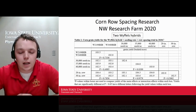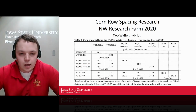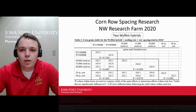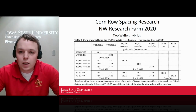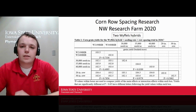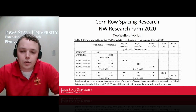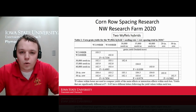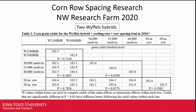Today, I'm going to talk about a bunch of the row spacing trials that we do at the research farm. These trials were started 5 or 6 years ago. We want to give thanks to Kinsey along with Pioneer and DeKalb for donating seed for this trial. Kinsey was able to donate row units to put on an old John Deere 7000 toolbar. So for the corn's row spacings, there's 20-inch and 30-inch, and then we're comparing 3 populations along with that, 30,